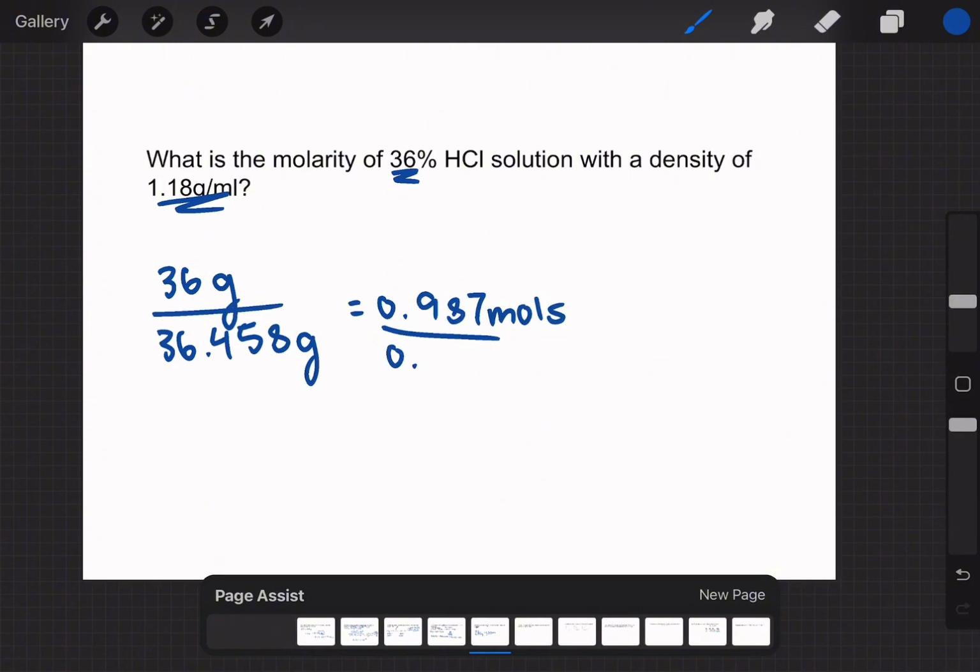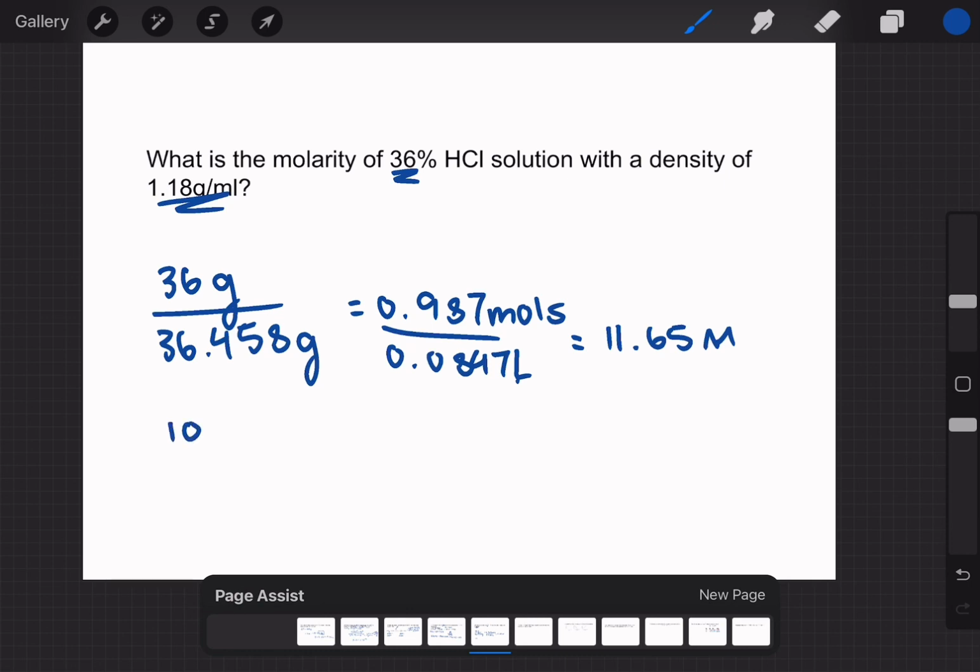From there, you're going to just divide that by your liters, which is 0.0847 liters. And then let me show you how to find that. Which then gives you 11.65 molarity. But in order to find 0.0847 liters,